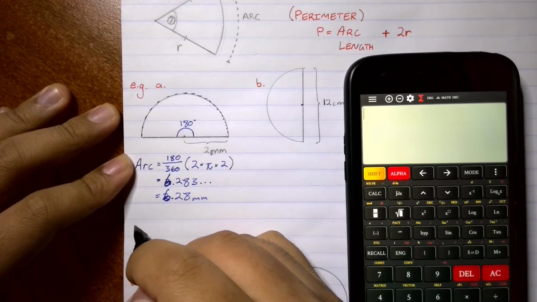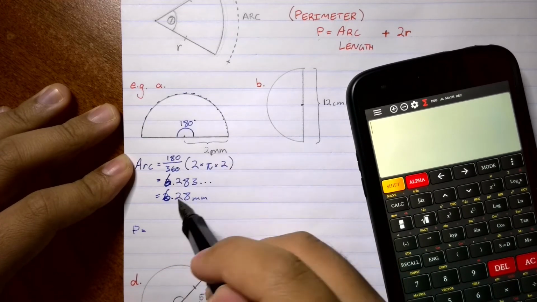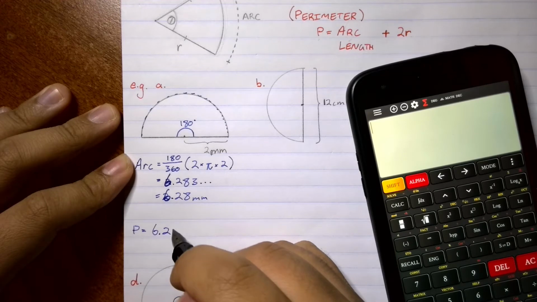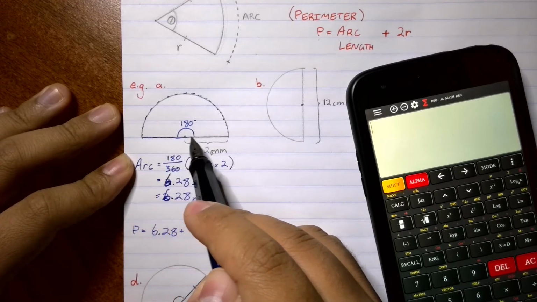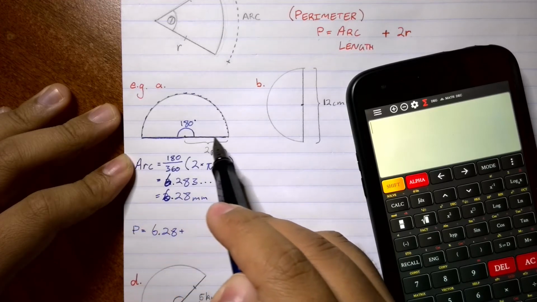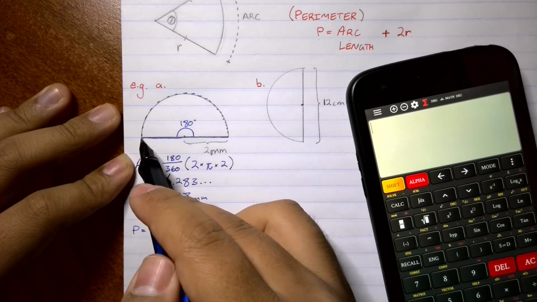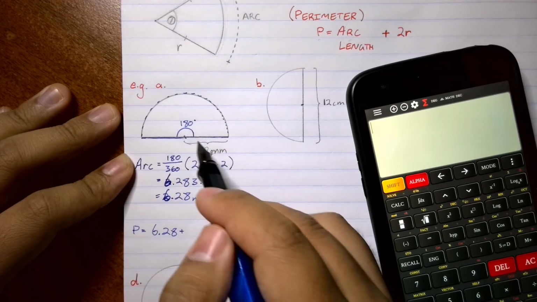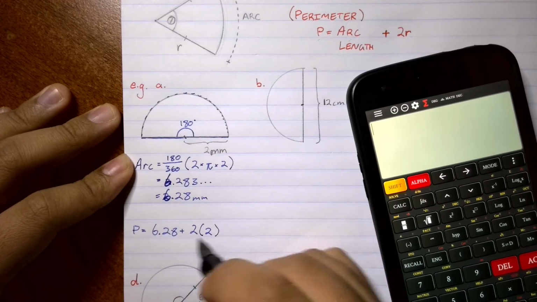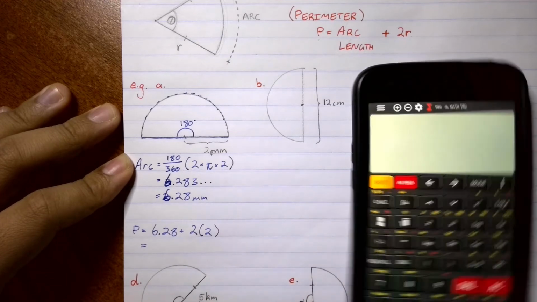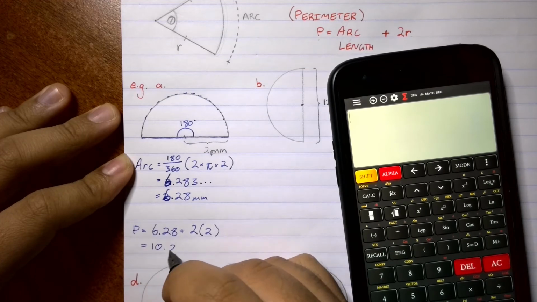But if we want the perimeter, we need to have the arc length, which we've just calculated, 6.28, and we need to add this length here, which I'm now highlighting in blue. Now, since this is 2 millimeters, we need to add another 2. So we need to add 2 and 2, which gives us 2 times 2, which gives us 4. 4 plus 6.28 is 10.28